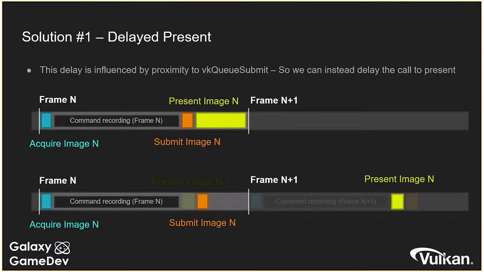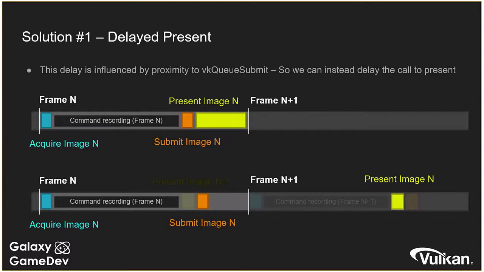And the first one is a delay present. We found that one of the causes of this issue, and this is related to the OS and the driver interaction, is that the closer that you call present to submit, the longer this delay ends up being. A simple solution is just to delay your call to present right before your next frame submit. And the idea here is that we're not actually delaying when the image will be shown on screen. We're just delaying the calling of the function to a point where the image is likely already available from the